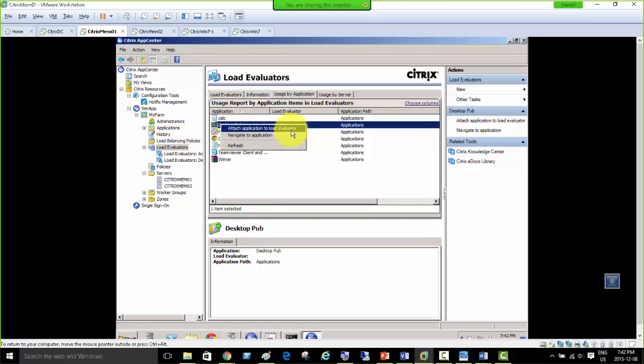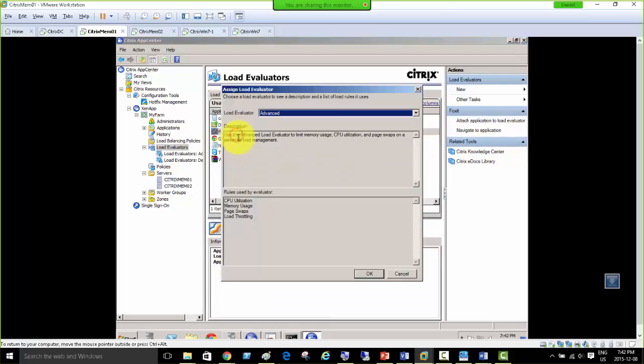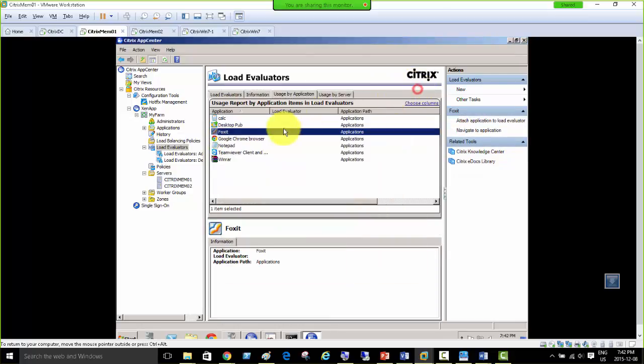Attach application to load evaluator. If I right click this or navigate to the application, refresh that. In my case, even the applications are giving me a problem, but I did publish one of the applications there. If I want to click this, so I'm right clicking the Foxit application, which I just published at the start